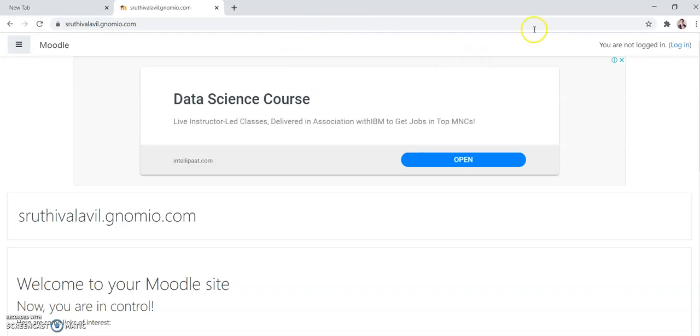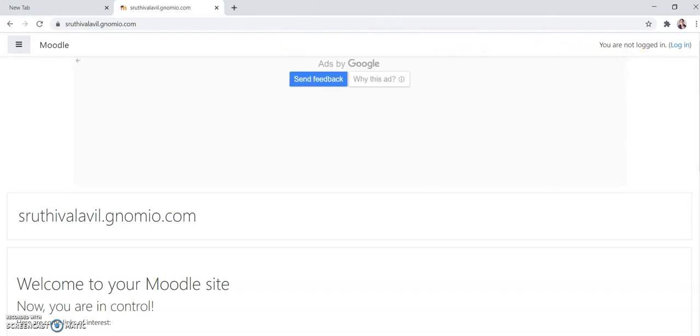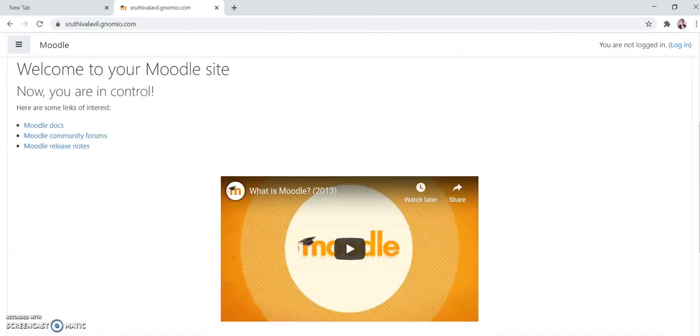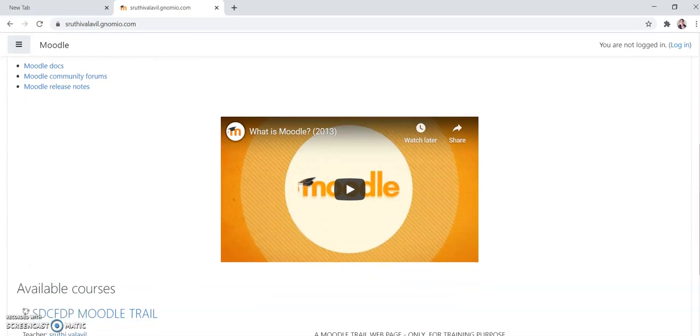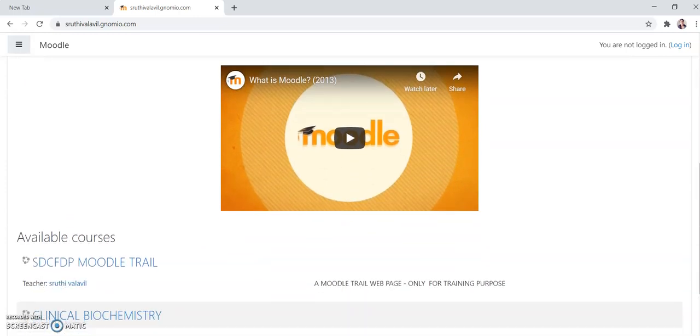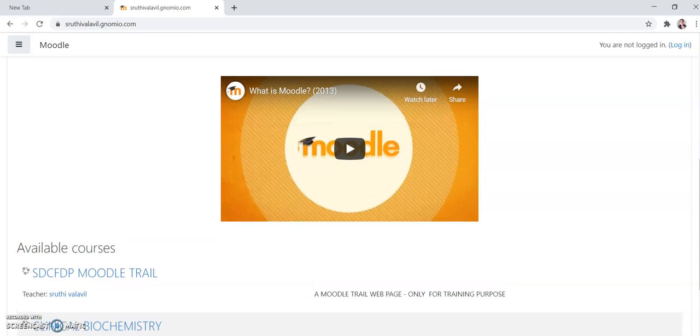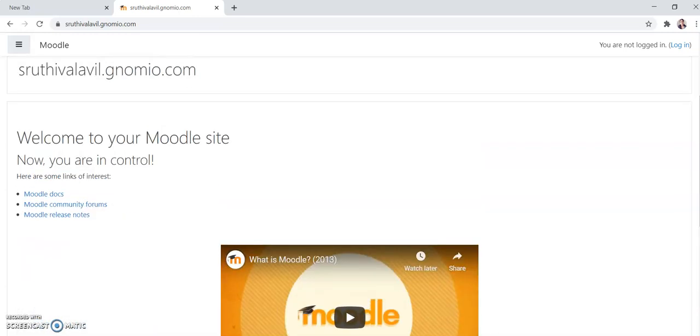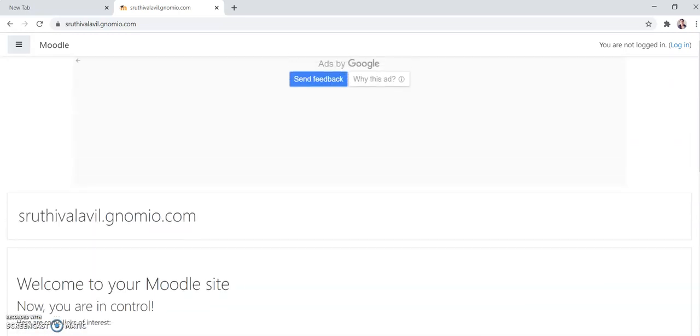Here a window like this will appear, which shows what is Moodle, a video showing what the Moodle platform is and all. To access those pages, you should log in. You can see the login option in the upper right corner of your window.